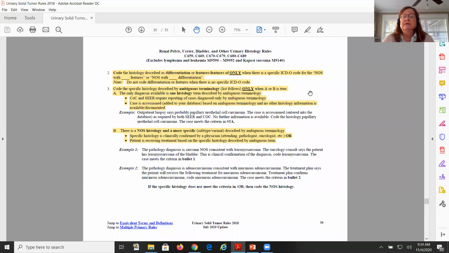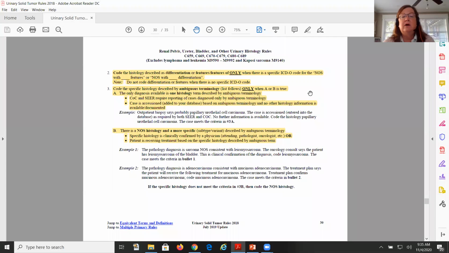The other instance in which you would use the histology described by ambiguous terms is if the physician confirms the histology described by the ambiguous terms, or the patient is receiving treatment based on the specific histology described by ambiguous terms. So this, I just want to comment that this has been something that our